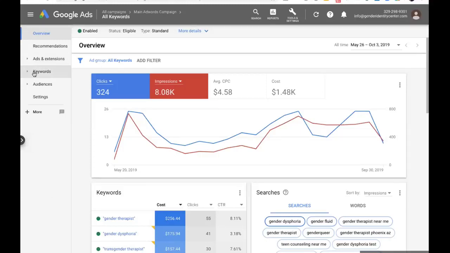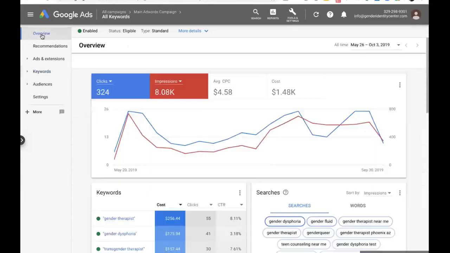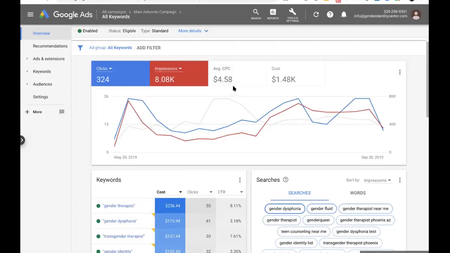So in this back office, there are a couple of important things to look at. Number one, $4.58 as an average cost per click is really high. The reason is that in most industries where you have high lifetime value, she charges $110 per hour, doesn't take insurance, doesn't deal with insurance, $110 an hour, right? So your cost per click on things that have a higher lifetime value is going to be higher. Okay, that's just something to understand.